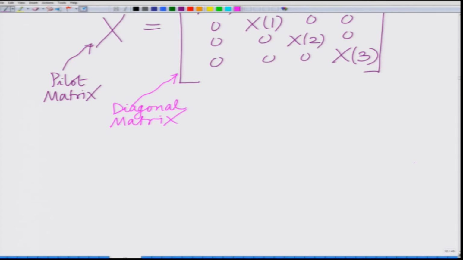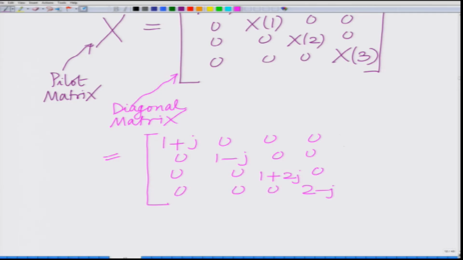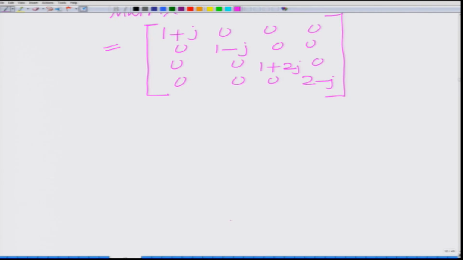This is a diagonal matrix. Now, I am going to substitute the symbols loaded onto the subcarriers. These are 1 plus j, 1 minus j, 1 plus 2j, 2 minus j. And therefore, now the least squares estimate of the channel coefficients across the subcarriers, that is the capital H's,